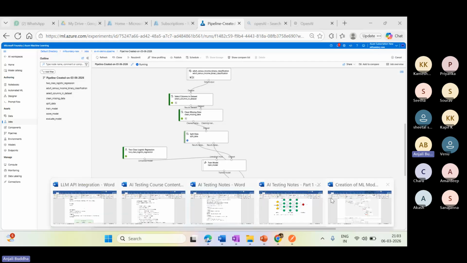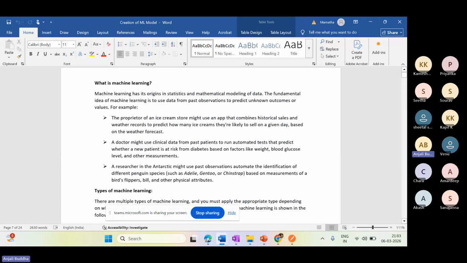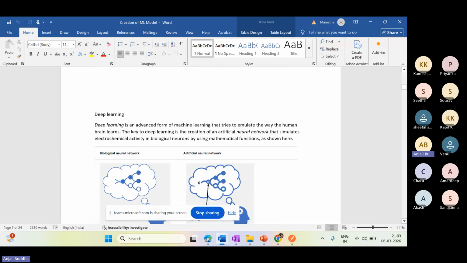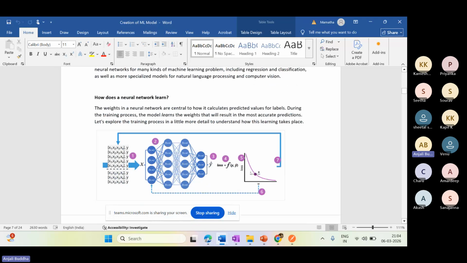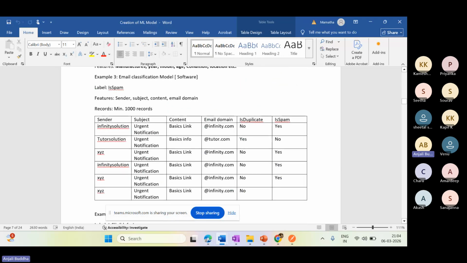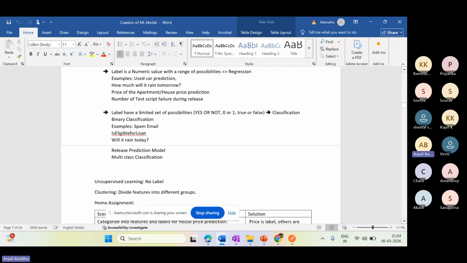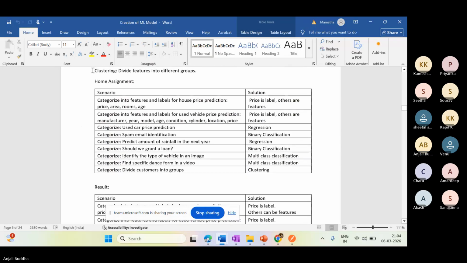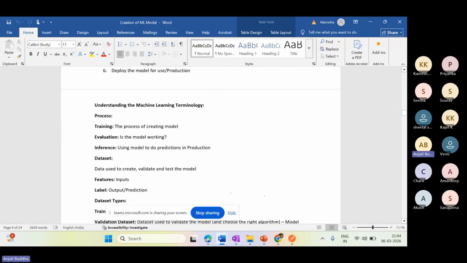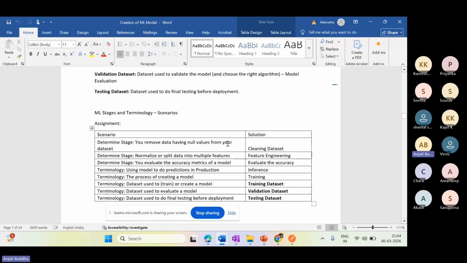I think there are a few things that I have not discussed with you. This is about the machine learning models. I have given the detailed steps and the examples. I have a few questionnaires also, so let us go through that. I'll share the document as a PPT. Probably we'll try to do this in the next session.